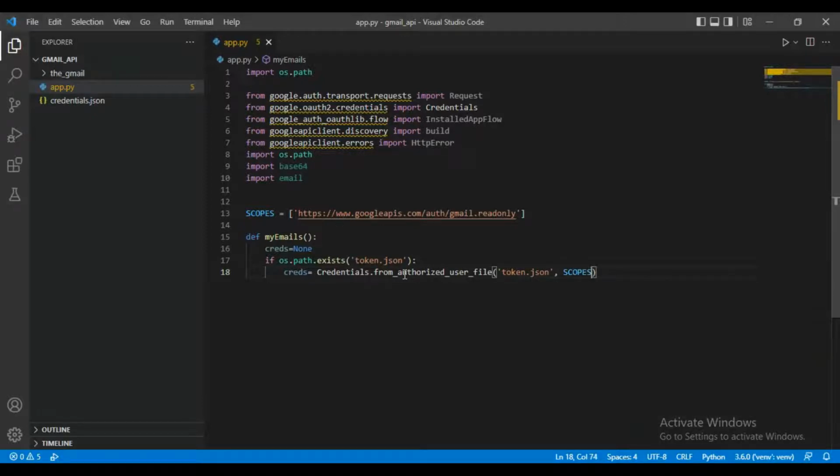So just type enter. So that's that. So what we're going to do next is we're going to check if the particular token is